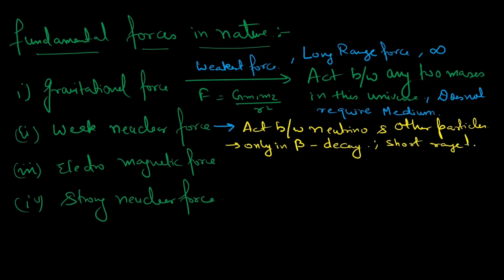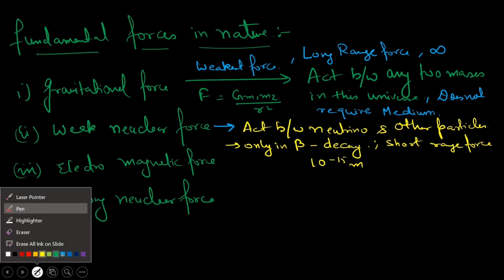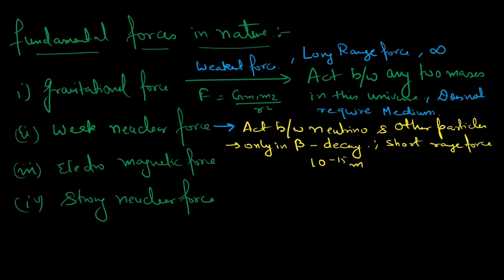It will be something like 10 to the power minus 15 meter. You can imagine, 1 meter is about your one hand, and it is divided by 10 to the power 15, a bit smaller than a dot-type particle. This will act there only. And one more thing, this is a weak force. It is stronger than gravitational, but weaker than electromagnetic and strong nuclear. So overall this is weak, but stronger than the gravitational force.